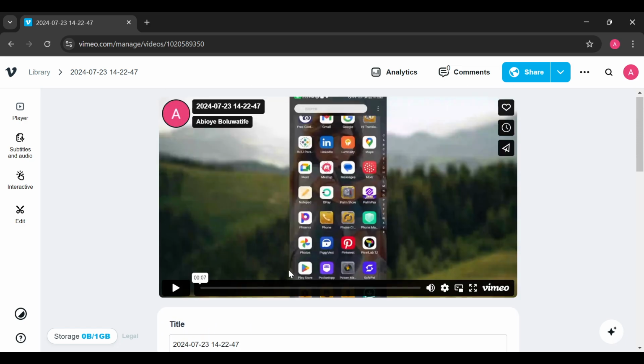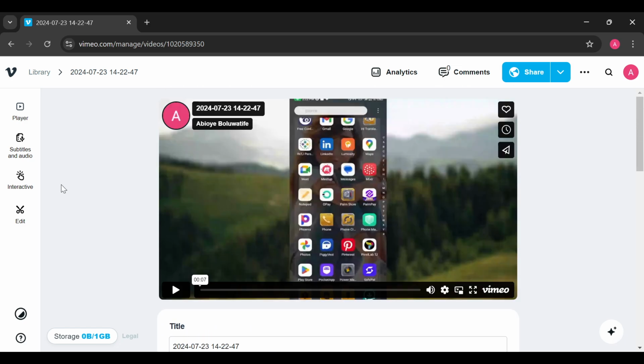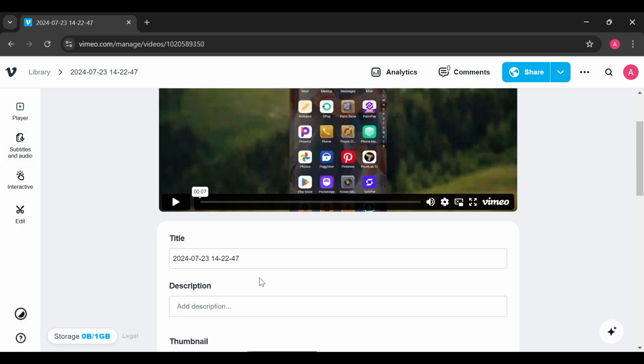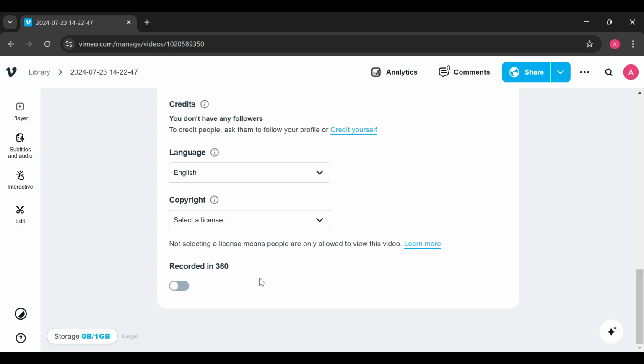And there, just like that, your video has been uploaded, and you can move to the left side of the screen to add subtitles, to edit it as long as you want. All right, so this is it. This is how you can upload a video